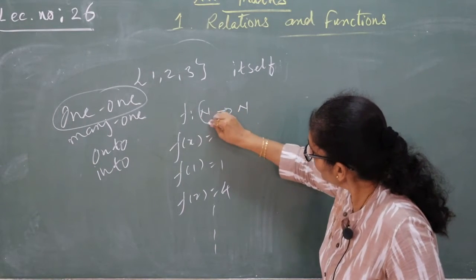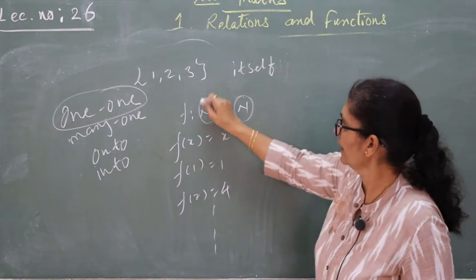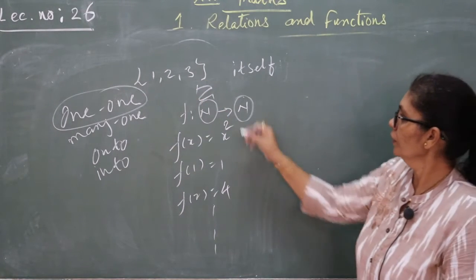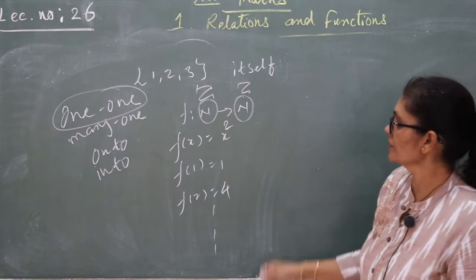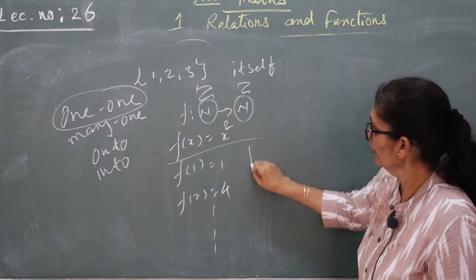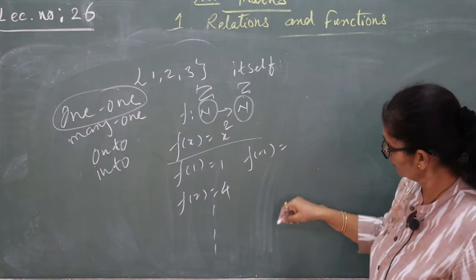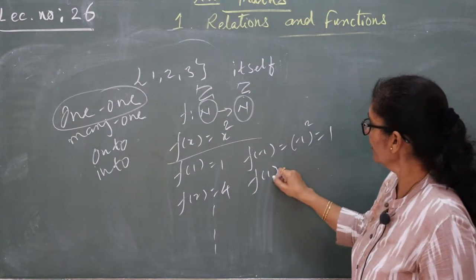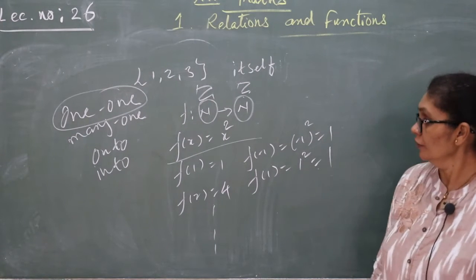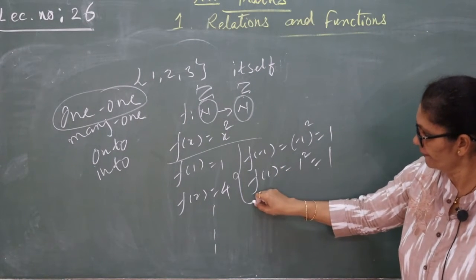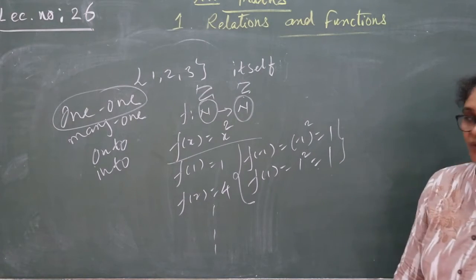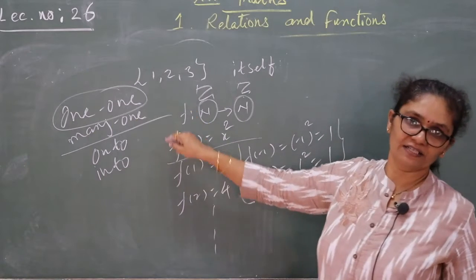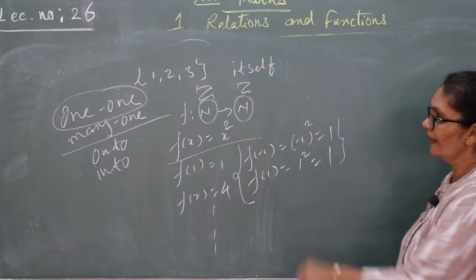But now I make a little change: in place of N, let me write integers, meaning Z. If we write from Z to Z, for the same question, I can take a minus number also. So minus 1 square is 1. Now I take 1, so 1 square is also 1. So what do we get? For two different questions, the answer is the same. What is the meaning of it? With many, we are getting one answer. So this is called many-one.